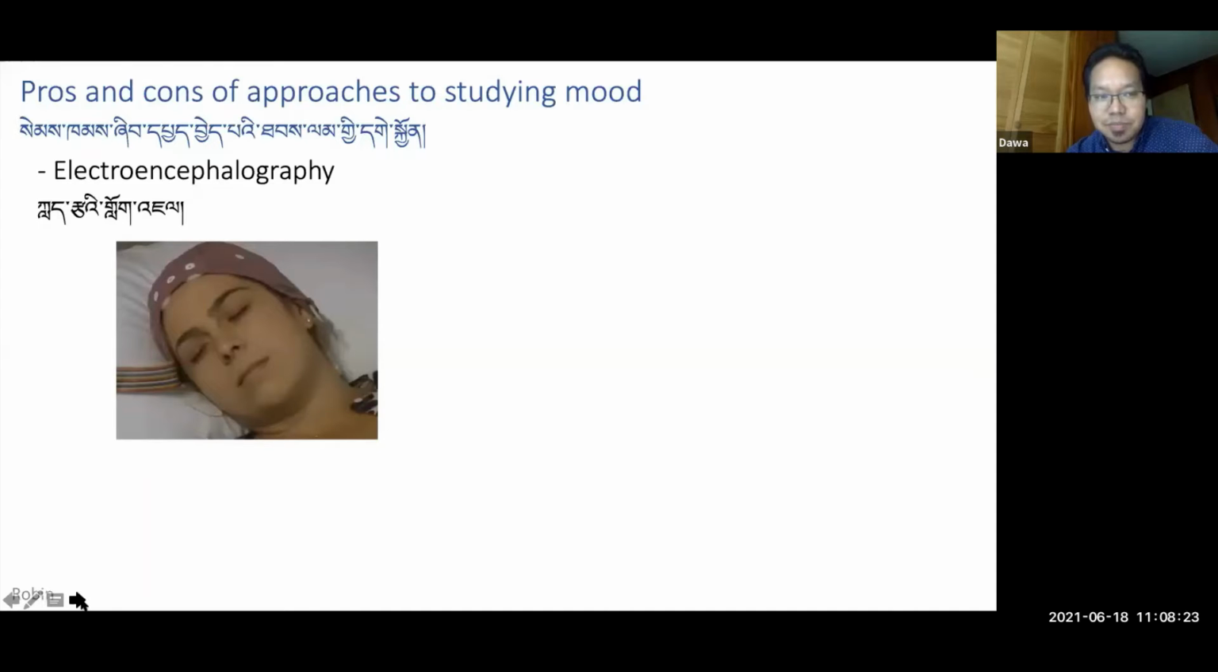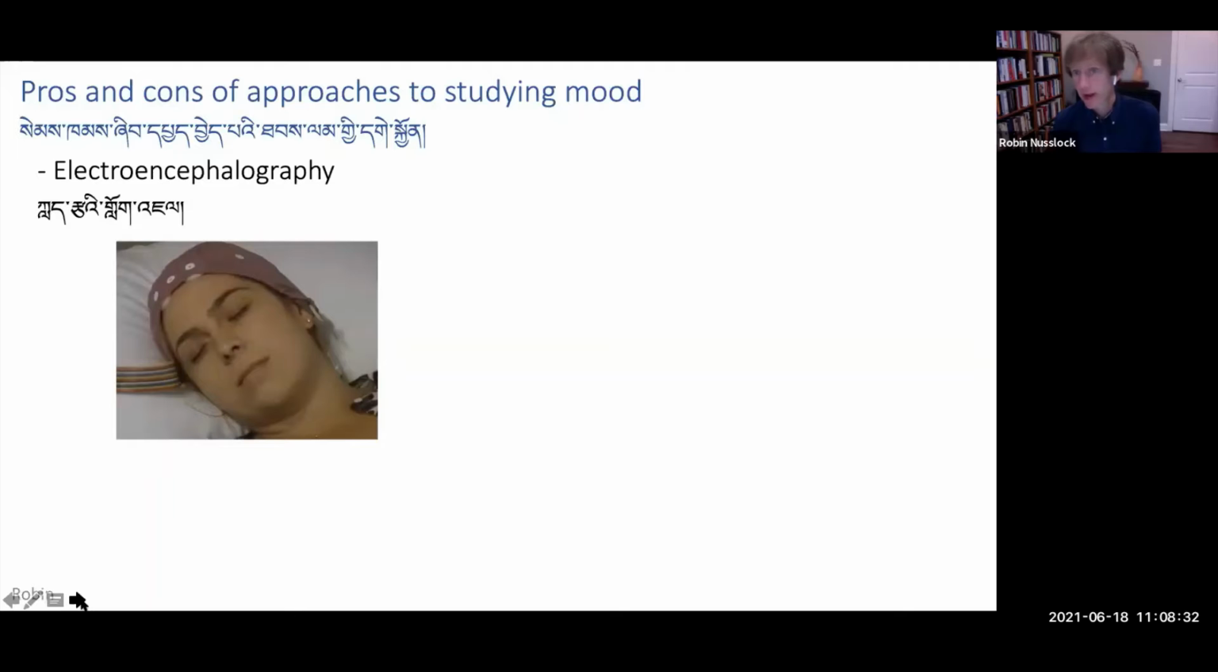And EEG involves wearing a cap like this and recording people's brain activity while they're either awake